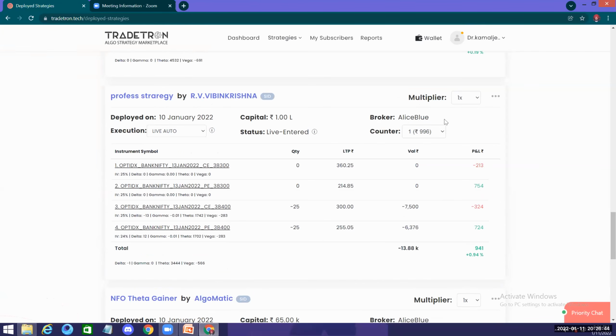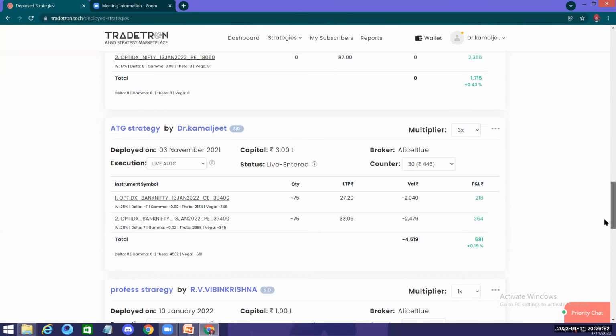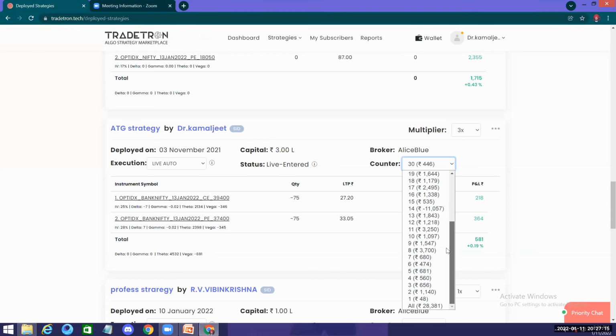Now, let me see. This is by Vibin. I actually deleted it yesterday, but this had gone negative 12,000 and then it went up. Now, this was a strategy which I must compliment Vibin Krishna ji. This is rated 34th in the Tradetron market list, one of the best possible strategies. And you can see how many lots I've deployed: 3 lots. I read about it and you can see, in 30 trading days, I'm already making 28,381 on this strategy.